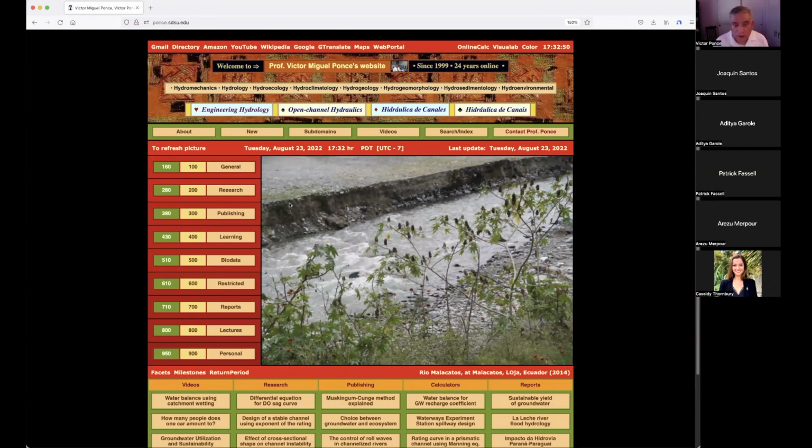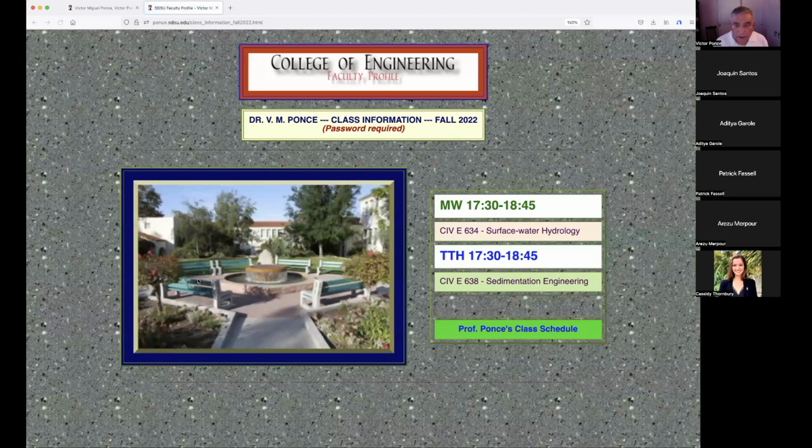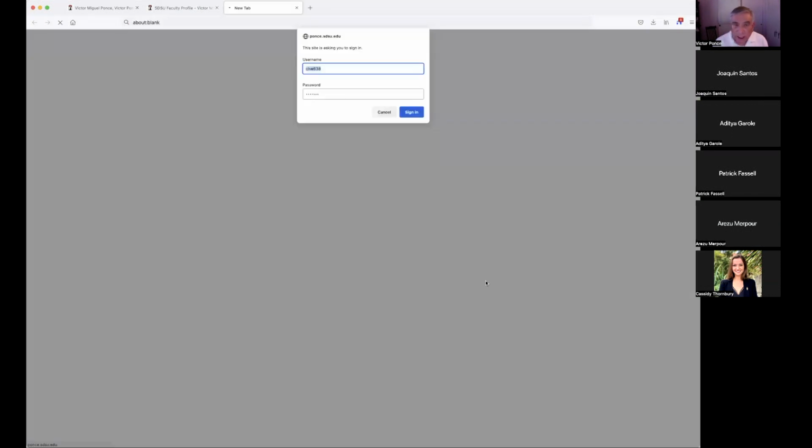Okay, so it's a university server, and that's the address you should first reach. Once you get there, the next step is to go to 610 over here. See the green block there, 610? Once you go to 610, directly you go to the class information. This is the class 638, so you go to 638 in there, and directly you go to the page, but